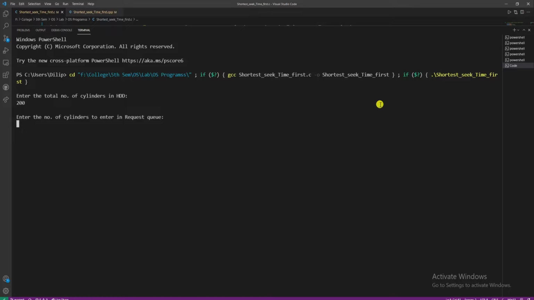It can be 3, 4, or 5 cylinders. This is the count of cylinders you want to enter in the request queue. Let's say I want to enter 8 cylinder requests.